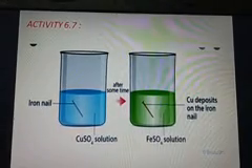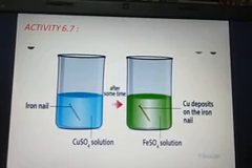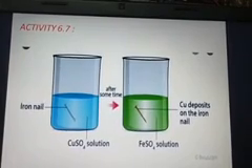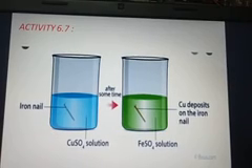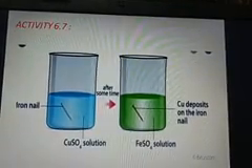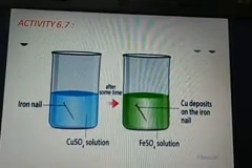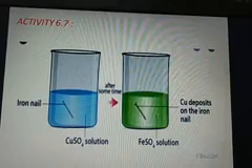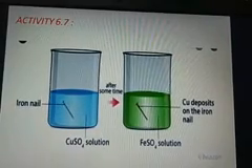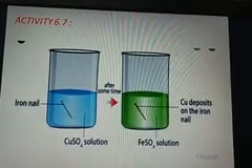Yes children, here you can see there is a solution of copper sulfate. In that I have added a few drops of dilute sulfuric acid, and then we can place an iron nail or used shaving blade. After some time you will notice the change in color from blue to green. That is due to the reaction between copper sulfate and iron. So the new substance formed is iron sulfate, and Cu, that is copper, deposits on the iron nail.